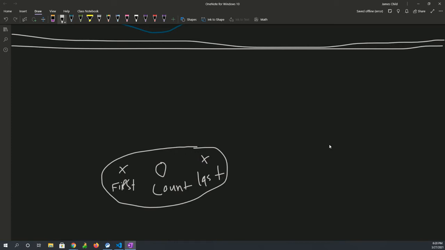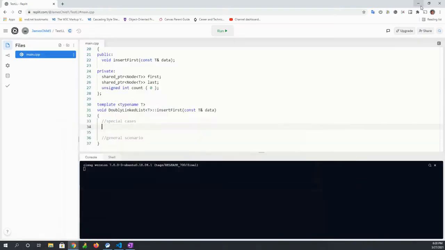So this is our special case. When we create our first node is a special case. That's going to be different than our general scenario. So let's go ahead. This is going to be if first doesn't exist, or if first is null pointer. So if not first,